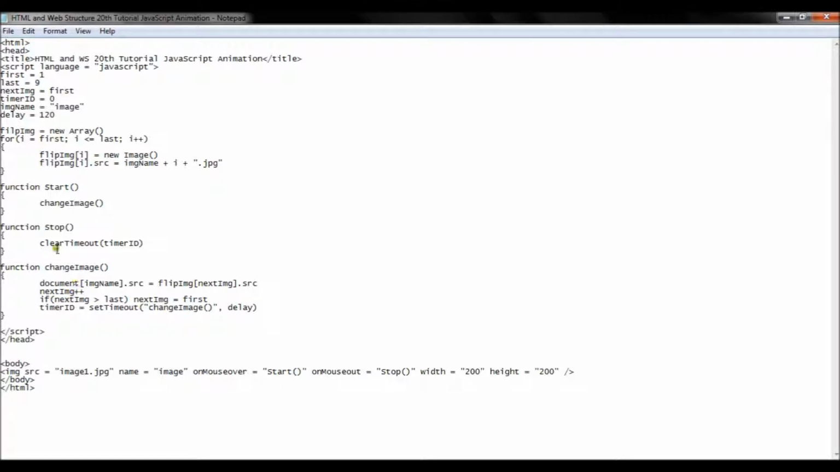Okay, I don't see anything. Clear time. Yeah, that should be fine. Change image. It's the same thing. Okay, maybe you see? Now